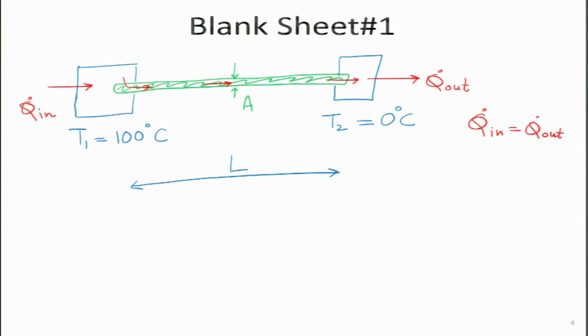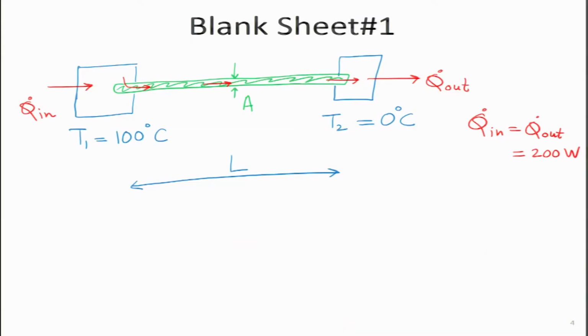And let us say we do this and we find out that both these values are equal and their value turns out to be some number, let us say 200 watts. Now, as engineers, we are designed and trained to think about what parameters we can change in order to vary this number. For instance, is there a way I can make it 400 watt? If it is in my interest to increase it, can I increase it to even 4000 watt?